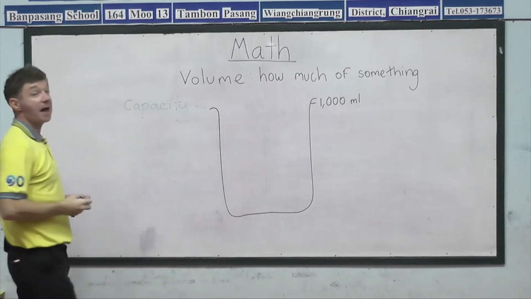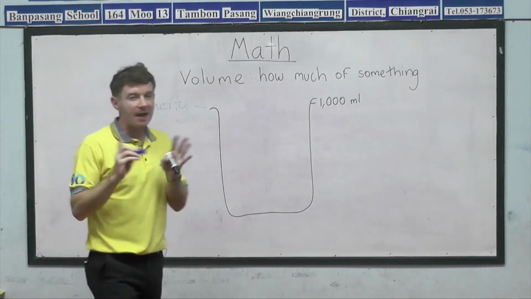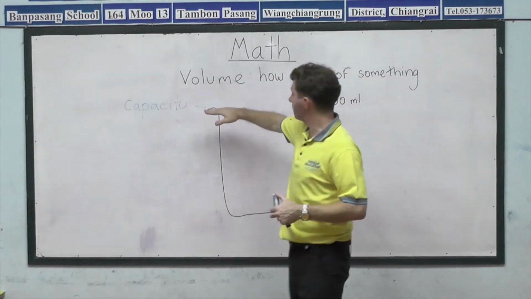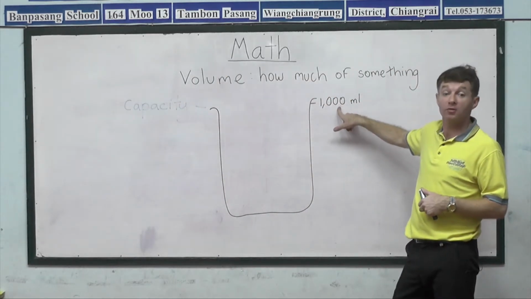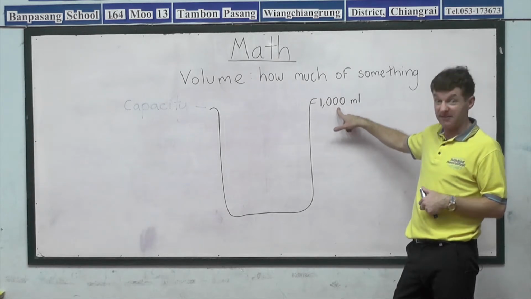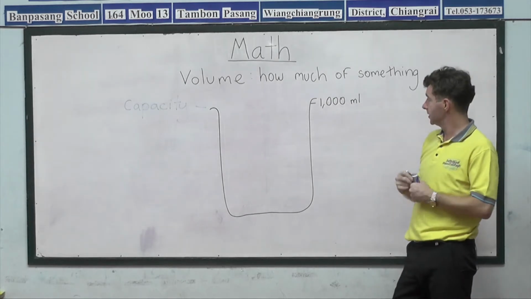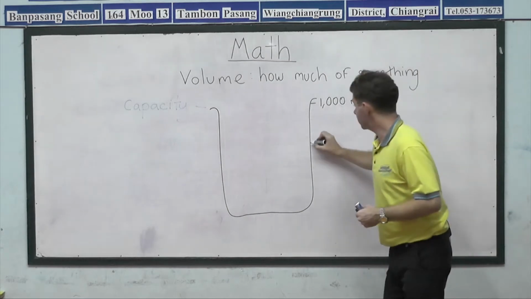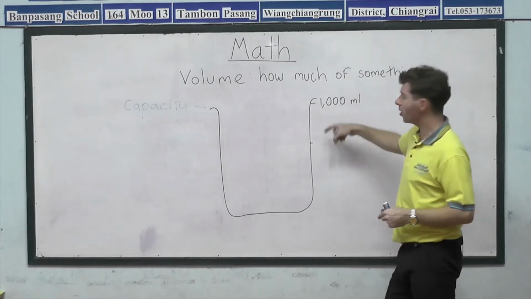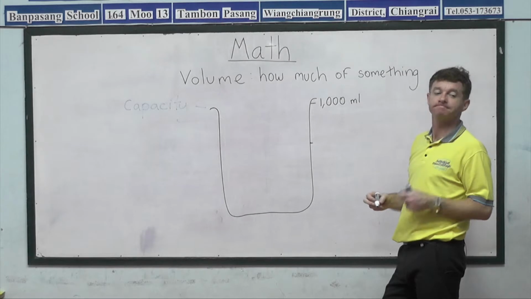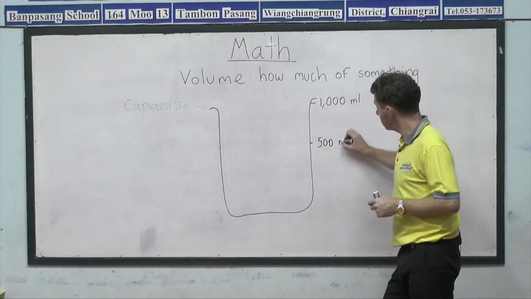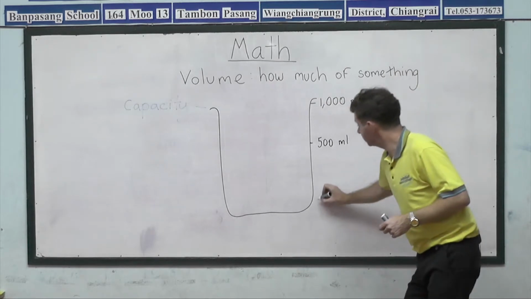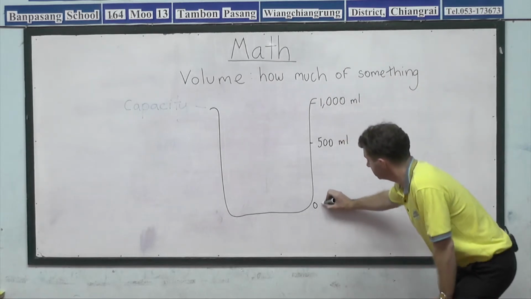C-A-P-A-C-I-T-Y. Capacity. Capacity never changes. The capacity will always be 1,000 milliliters. Okay. If I draw a mark halfway, what's half of 1,000? 500 milliliters. And if I draw at the bottom 0,